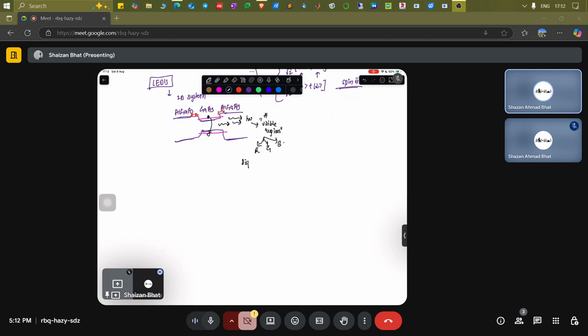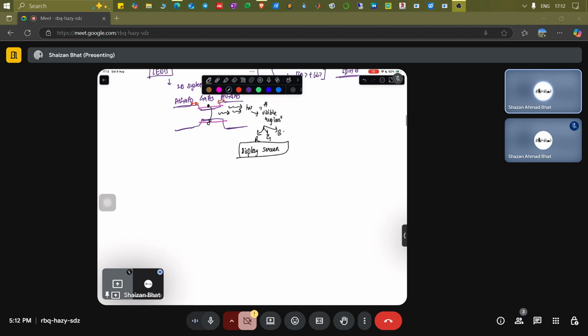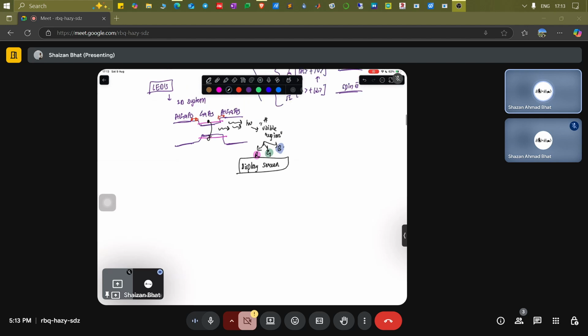Let's say, for example, if you want to use this LED in display screens, then you can basically give different levels of voltages as well as currents in order to tune it according to the red, according to the green, and according to, let me just add blue, according to the RGB lighting. And if you have these primary colors, you know that you can form any of the colors. So that is how basically the displays also are made using these particular two-dimensional semiconductors.